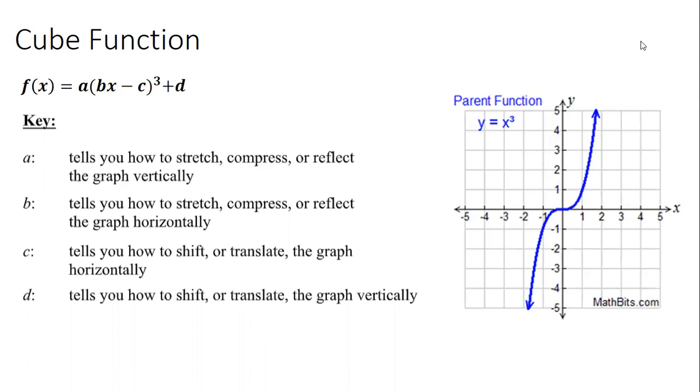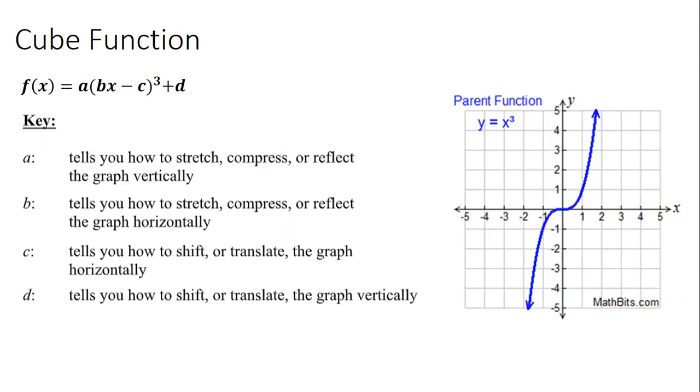cube function. So we've talked about it before. We have A, B, C, and D that affects our function. So here we have f of x equals A times B, x minus C to the third plus D. Okay. Now remembering from our previous thing, what everything tells us. A tells us how to stretch, compress, or reflect, right? You remember that? A, it's the same as all year long, so we're going to go through this fairly quickly,